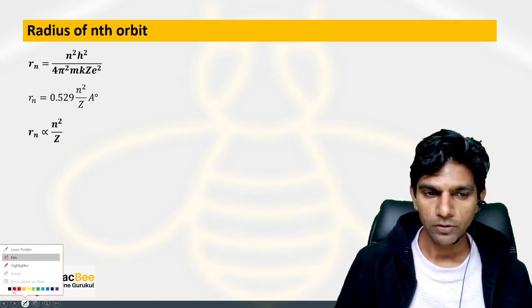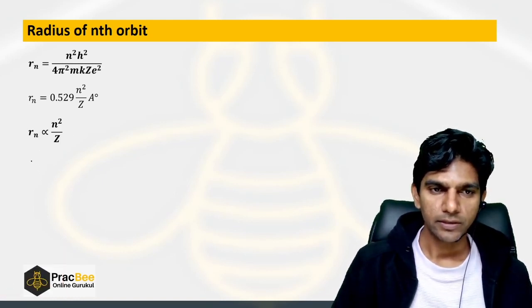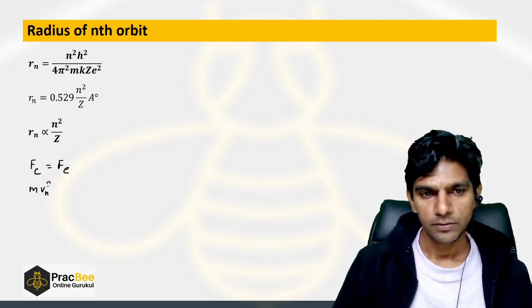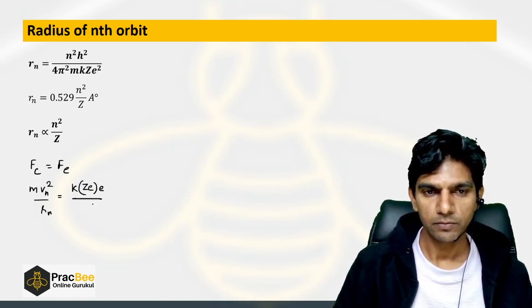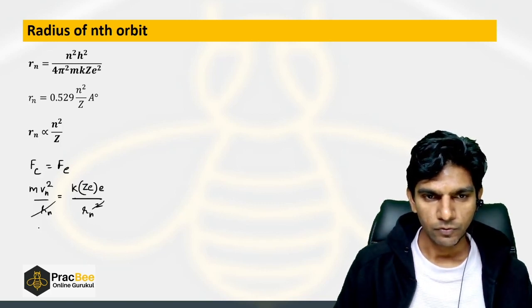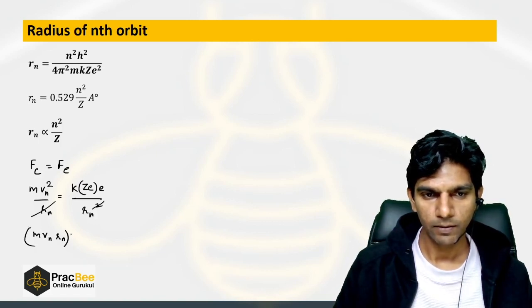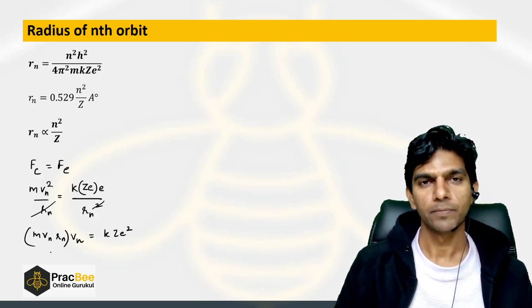So we are going to use the first two postulates. According to the first postulate, Fc is equal to Fe. So we can say m Vn square upon Rn will be equal to K times Ze times e divided by Rn square. So one Rn will get cancelled out. So we can write this as m Vn Rn times Vn will be K Ze square. Okay. And we know that